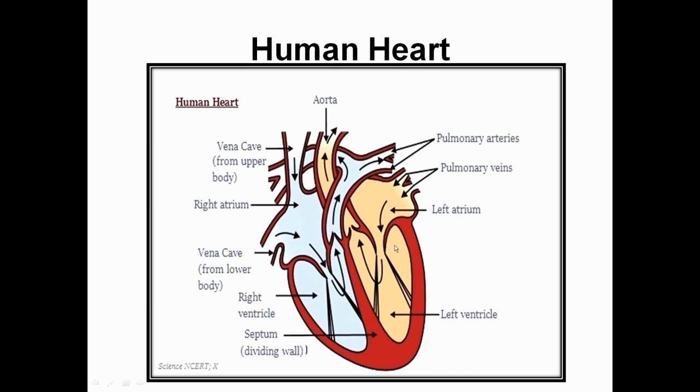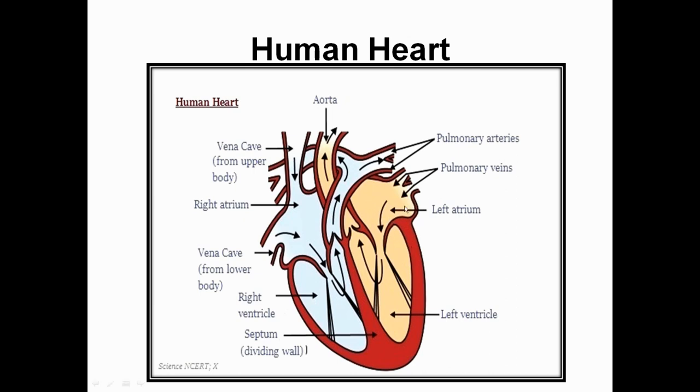Okay. And whenever we are going to study the mechanism of the heart, we should start from the left side, that is left atrium and left ventricle. As you can see, it is slightly orangish in nature. So you can correlate, it carries oxygenated blood, the blood which is rich in oxygen. And the right part of the heart, that is right atrium and right ventricle, has blue color blood, that is deoxygenated blood, the blood which is devoid of oxygen.